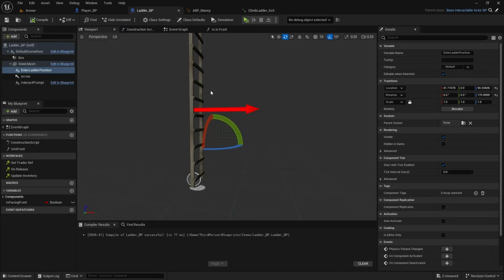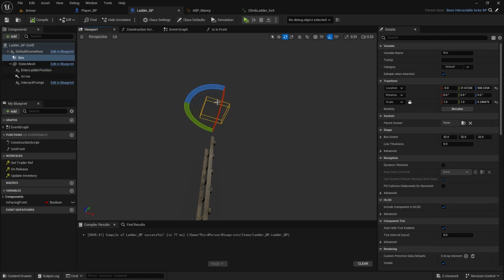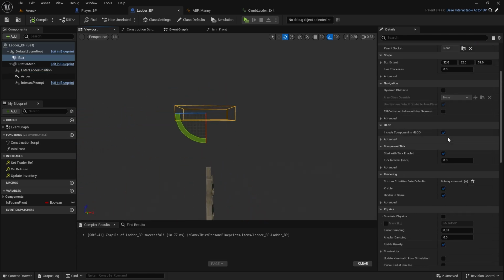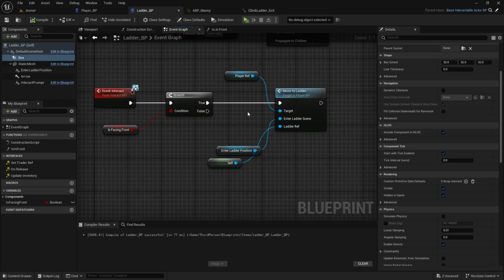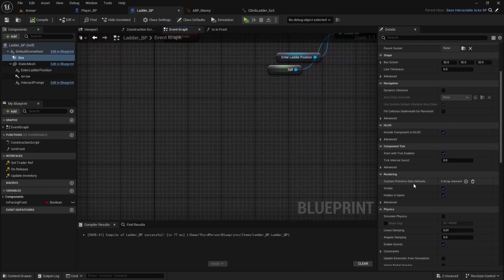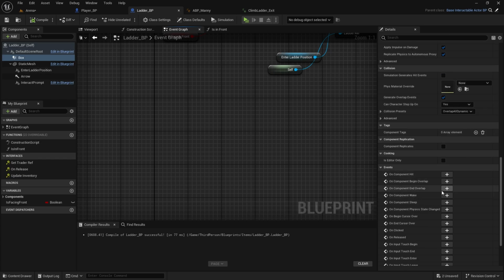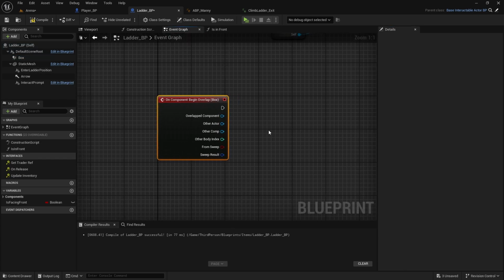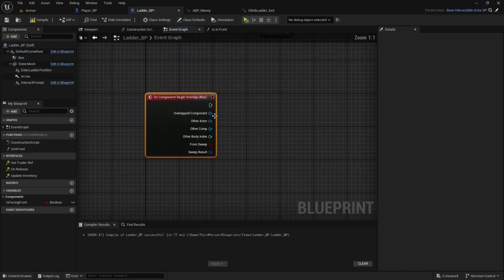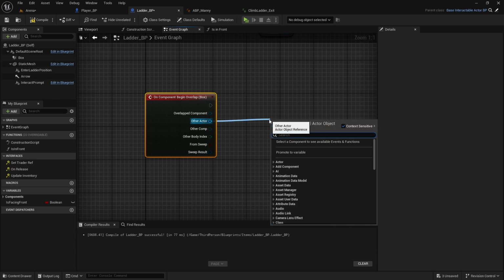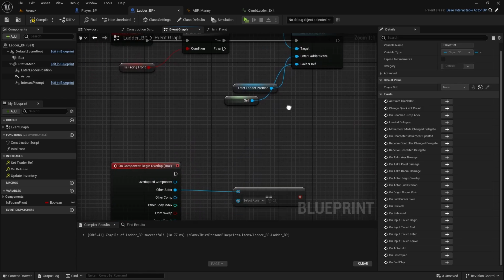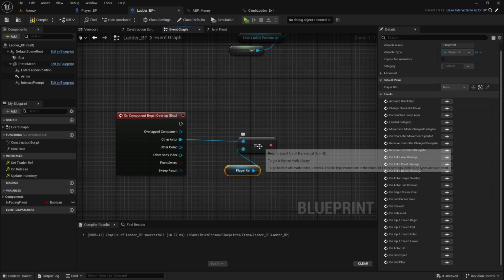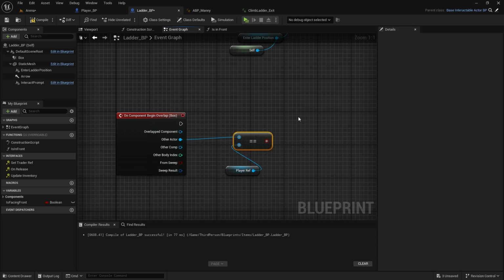And now inside the ladder, we have already set up this exit box, which is a collision box. Once we overlap with it, let's go to the graph. So select the box and on component begin overlap, we're going to check if the overlapped actor equals the player. And if it does,